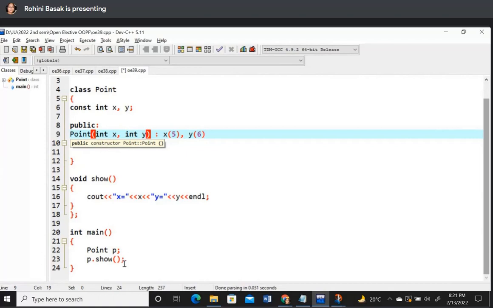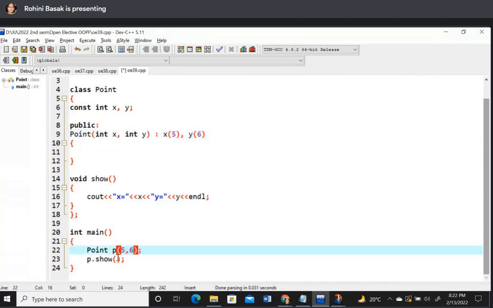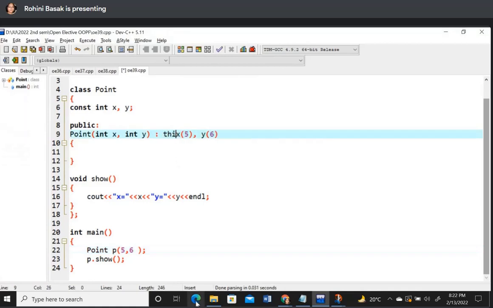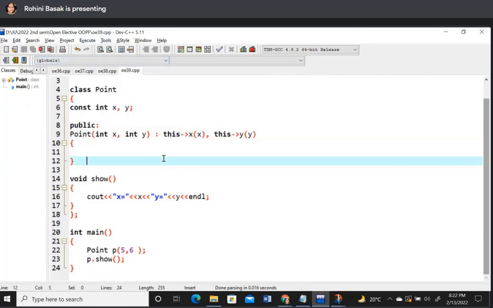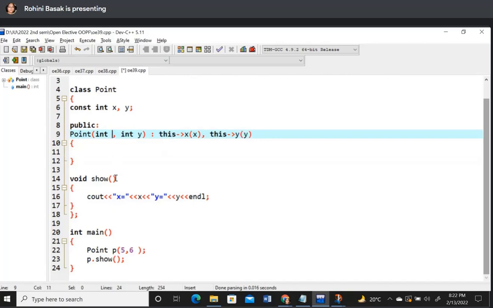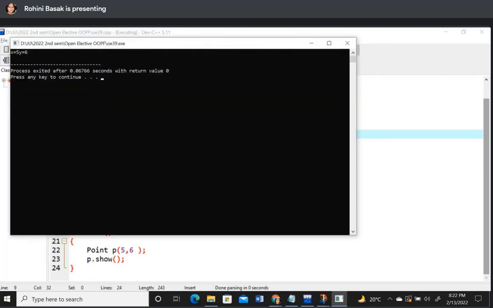constructor, এরকম যদি হয় int x int y, so if we want to pass the variables from here, in this case তাহলে কি হবে, আমার মনে হয় এটা হওয়া উচিত this arrow x x আর এখানে this arrow y y, দেখা যাক কি দাঁড়ায়, this arrow x x, ধর যদি আমি x এর জায়গায় a নিই আর b নিই, তাহলে x এর জায়গায় আমি a পাস করতে পারবো, বা y এর জায়গায় we can pass b, এটা হবে নাকি আমাকে সবসময় ইন্টিজার লিটারাল পাস করতে হবে? হ্যাঁ এটা ঠিক আছে,